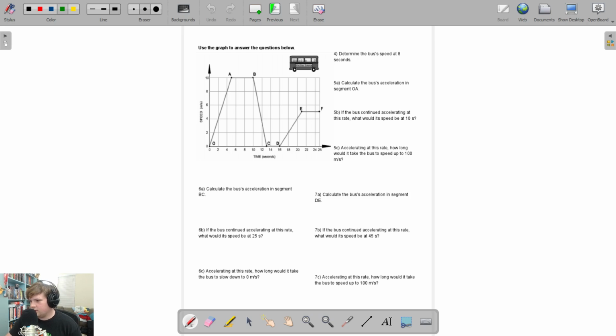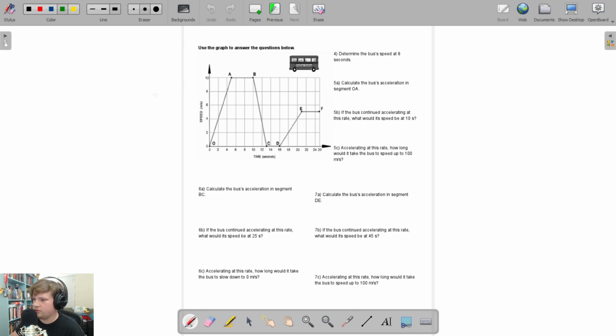Alright, 7C. So we've got our bus, we've got our graph. Look at accelerating at this rate. How long would it take the bus to speed up to 100 meters per second? So we're at DE? Is that what we're looking at here? If the bus continued accelerating at this rate, what would the speed be at 45 seconds? How long would it take to get to the speed of 100? So this is basically the same question, just doing it with different